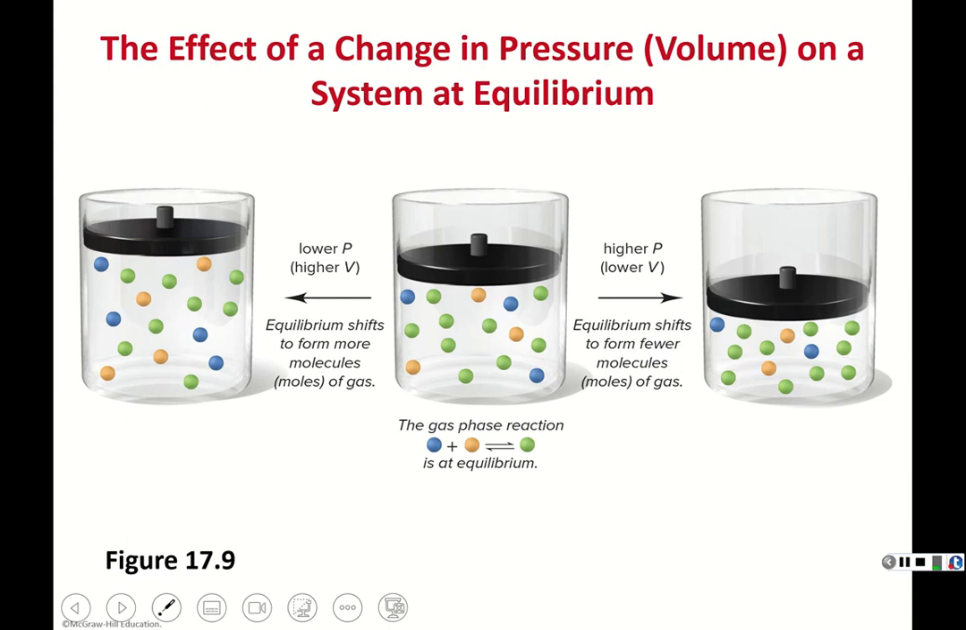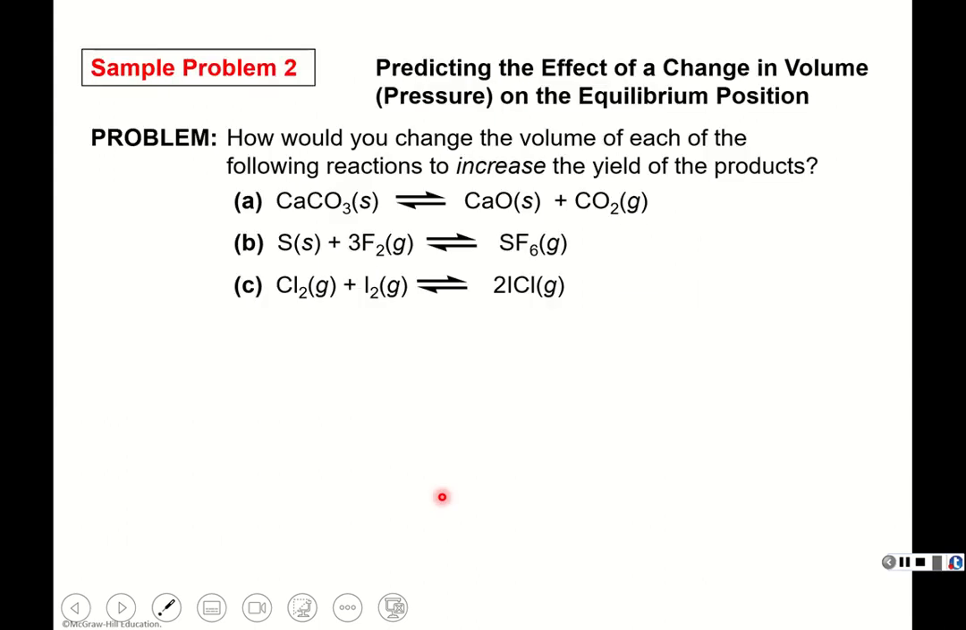And the reverse of that is if you lower the pressure. Here we have the piston at a higher position, so there's lower pressure or higher volume, and that equilibrium is going to favor the side that has more molecules of gas on it. So let's try to predict some of these changes using this principle. Okay, so the first question, A,